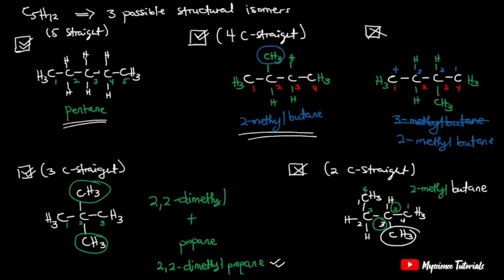All right, let's have a look at a C6 hydrocarbon and look at what we will get. For a C6, we will have C6H14. So let's look at the possible isomers that we will have. So first of all,